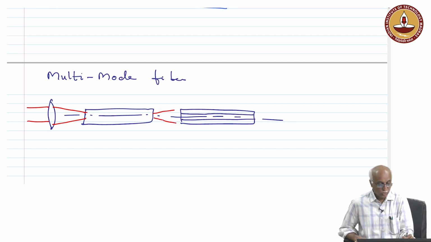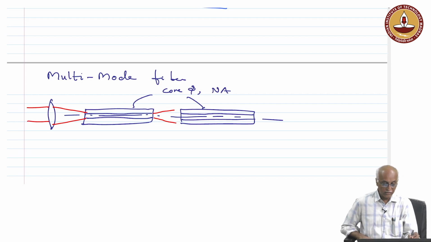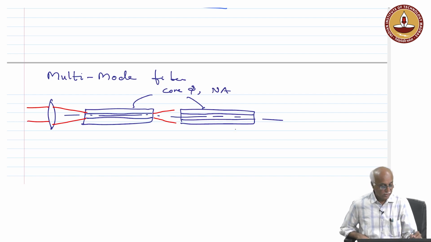So the numerical aperture or the divergence over here will determine how much light is getting coupled into the fiber. If both these fibers have similar characteristics, the same core diameter as well as the same numerical aperture,